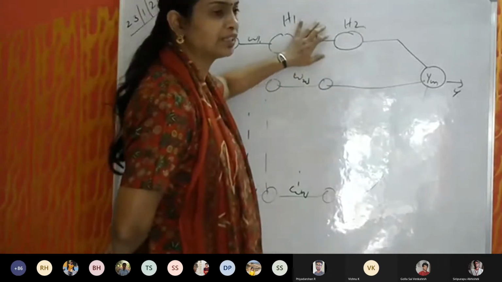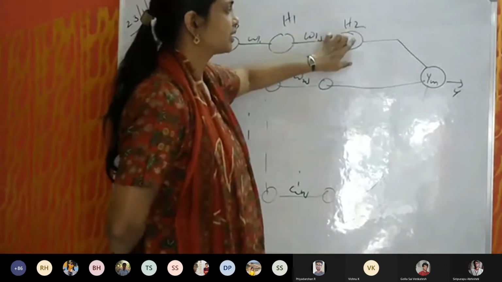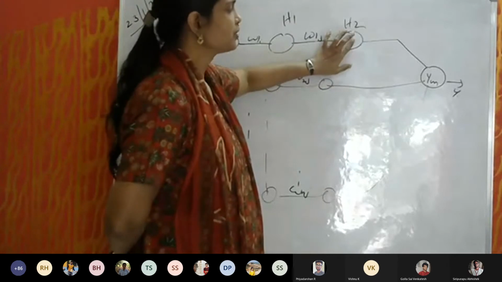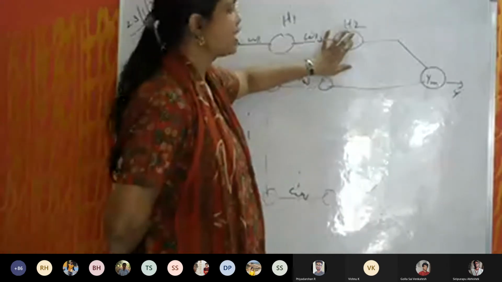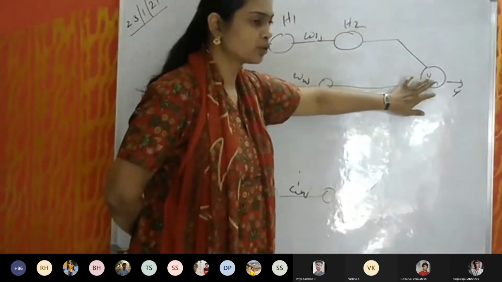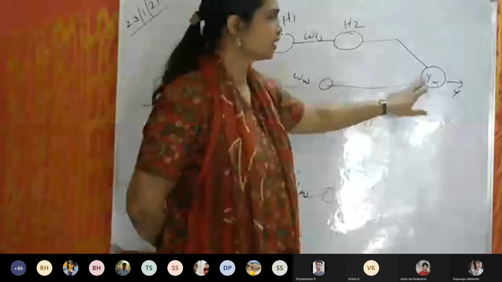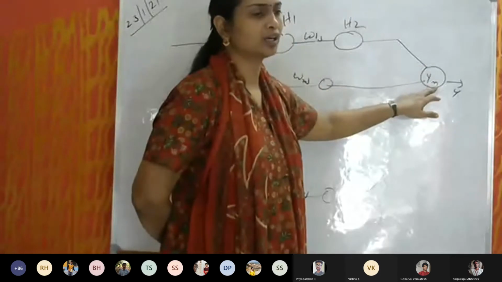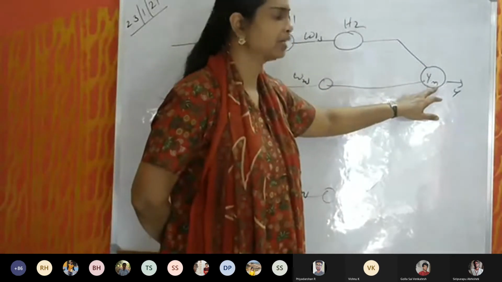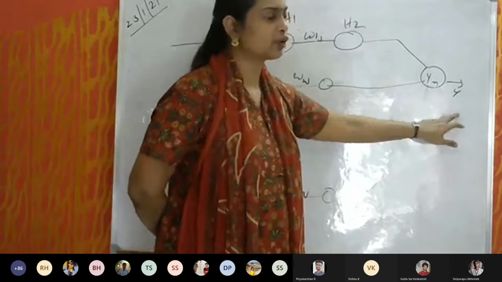That one will be multiplied by another weight, and that will be given as an input to this hidden layer neuron, and this will give once again an output, and that will go here. Likewise, all the values will go here. Finally, one more activation function will be applied, and you can get a final output.